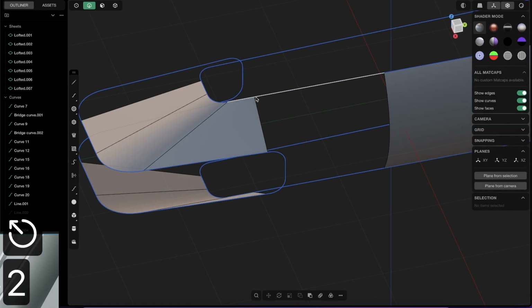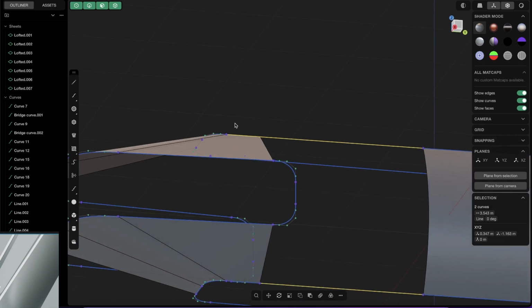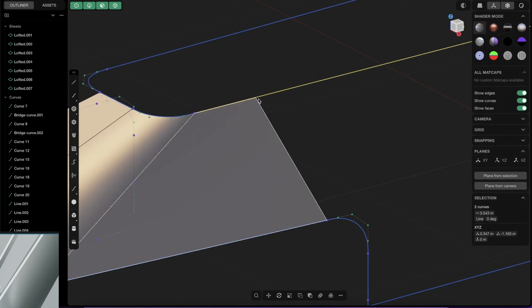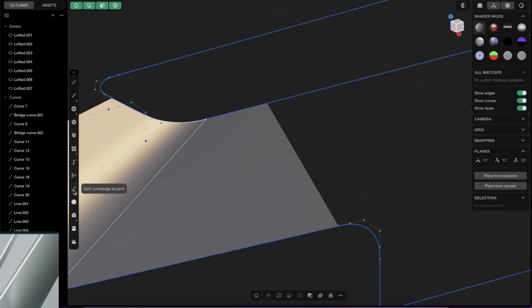Because the same goes for this line and this line. We see here, because here we added the limit point, but we didn't cut or add a point here to the line. So again, before you xnurb that or do anything, go to split curve edge at point and just snap it